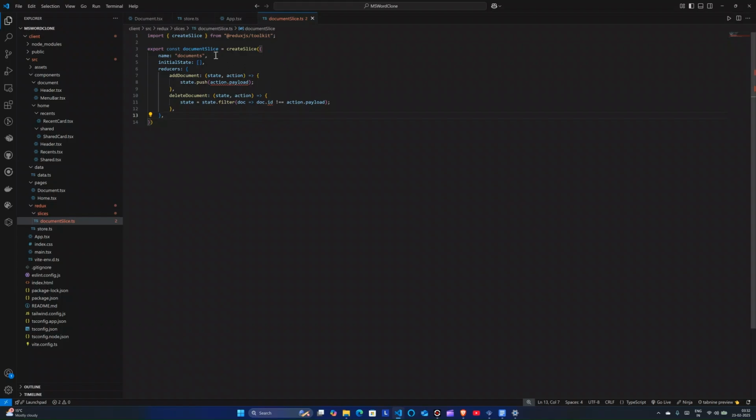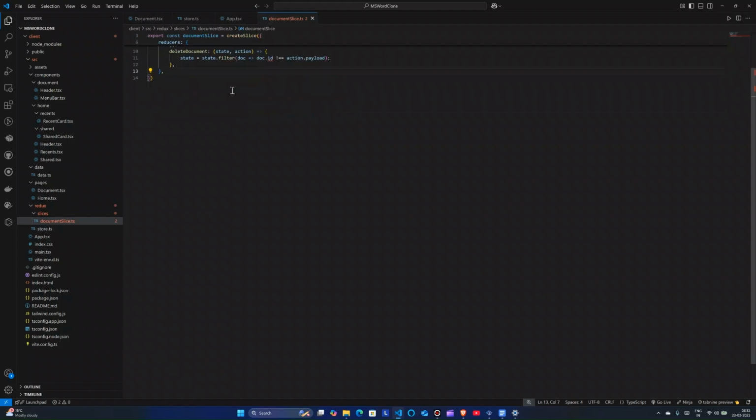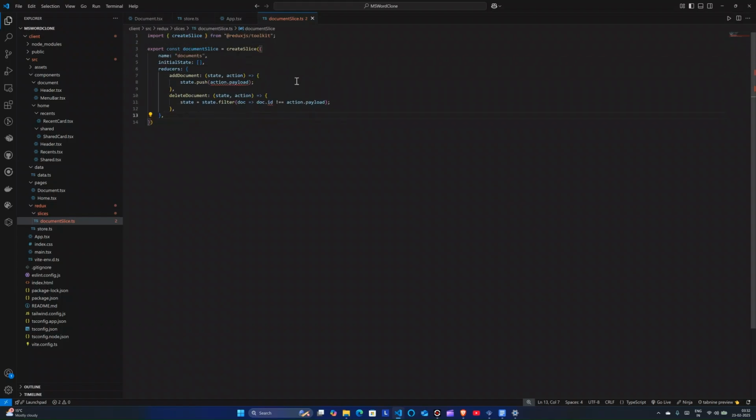Now, what exactly is this slice? See, here we created a global state that includes the document. Now, in this document, you will have your actions, so that these actions will be performed on your state, and from here only you will be able to retrieve your state, the current state. Okay, combining all of this is called a slice. Okay, so export const like this, and